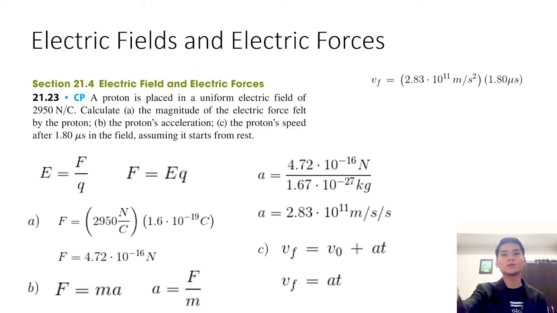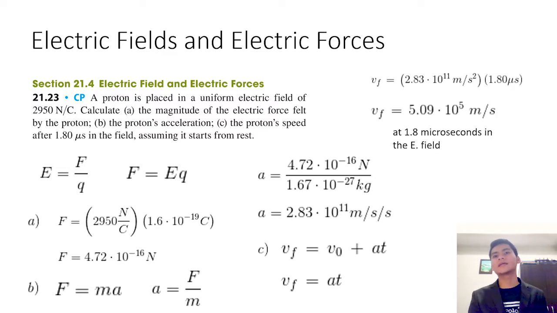And then we know the values for that: 2.83 times 10 to the 11th meters per second squared times 1.80 times 10 to the minus 6 seconds. We have your mu there. And we get the value for the final velocity of the proton after 1.8 microseconds in the electric field. It is moving at 5.09 times 10 to the 5th meters per second. There, we've already solved